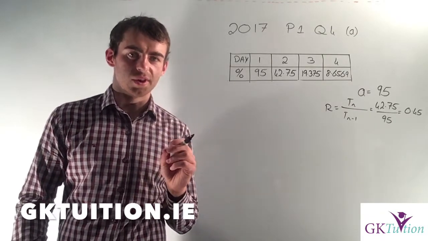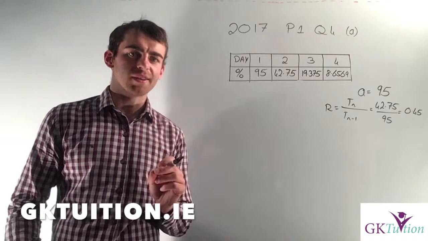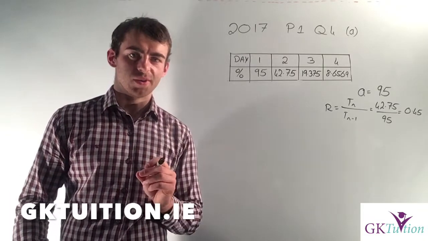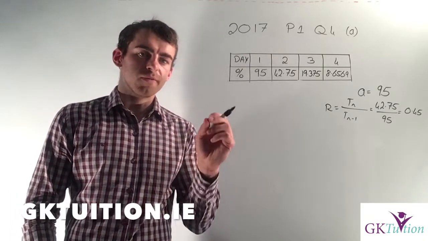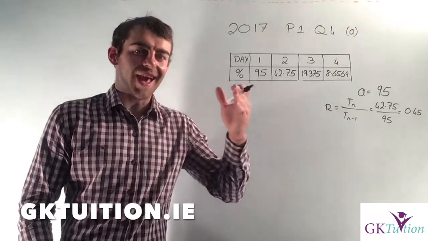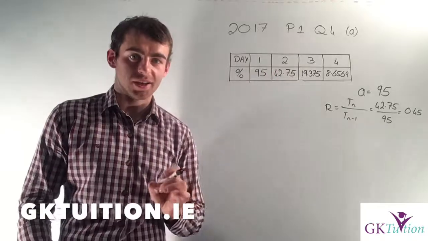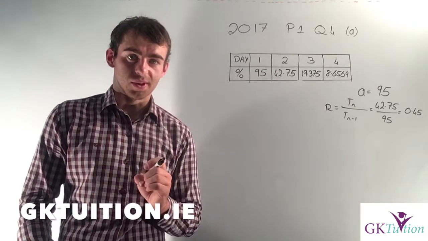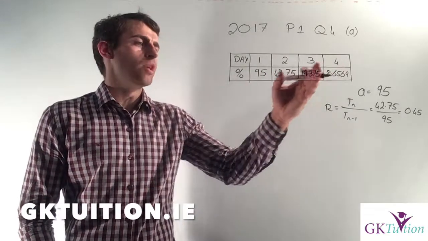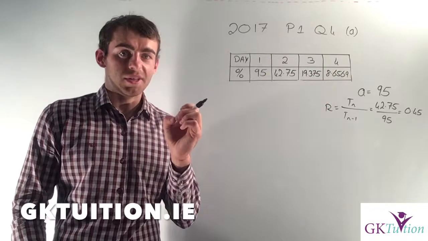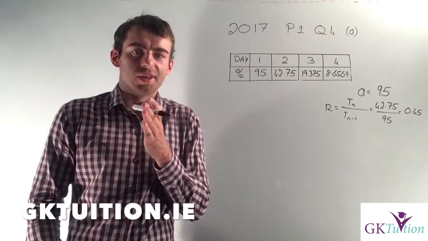series on the Leaving Cert course. There's arithmetic sequences and there's geometric sequences. Another word for a geometric sequence is exponential. If something is decreasing exponentially, that means it's a geometric sequence. So because it told me it's decreasing exponentially, that means I'm dealing with sequences and series and I'm dealing with